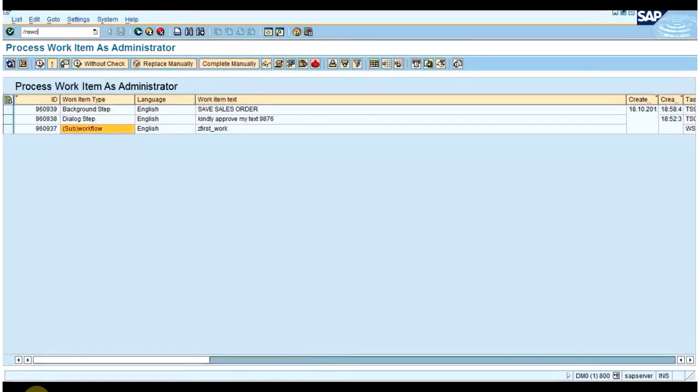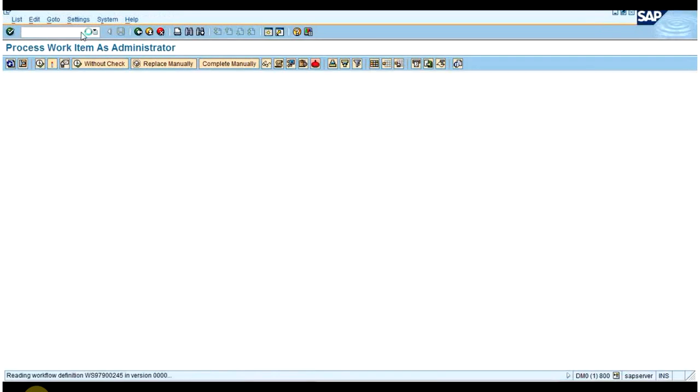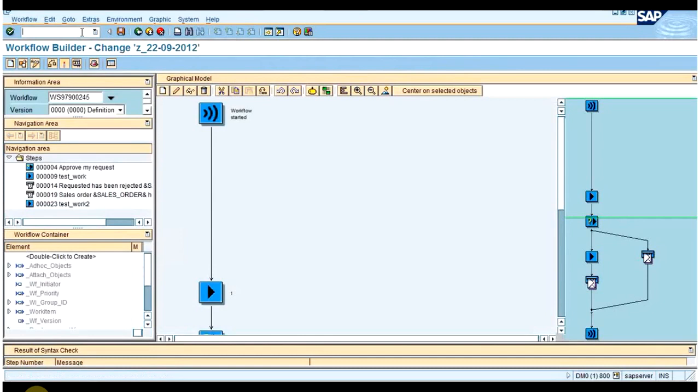Yes, Rajesh? You were showing the parent tasks and the child item. It was 37 initially, I guess, and below that the mother.